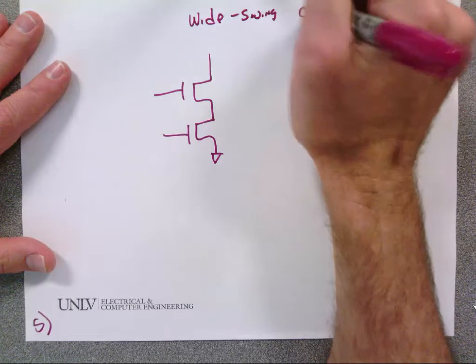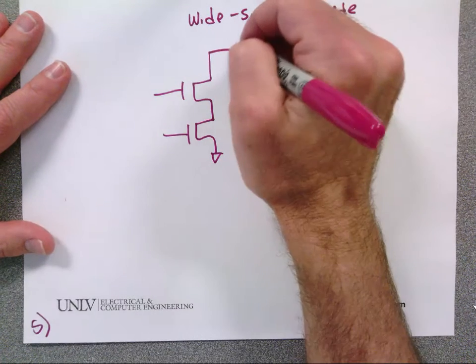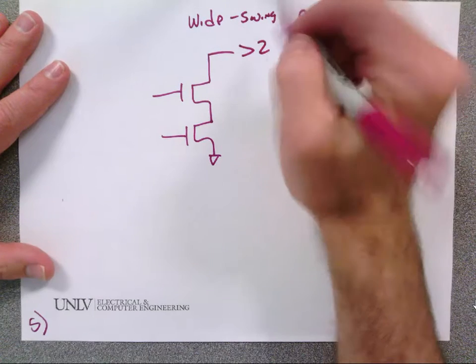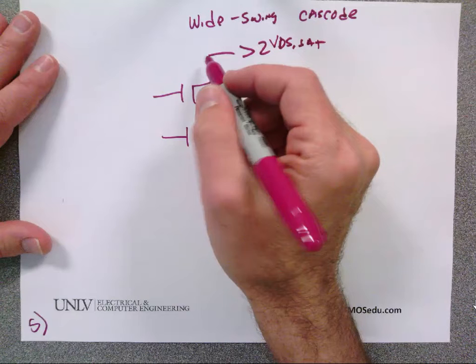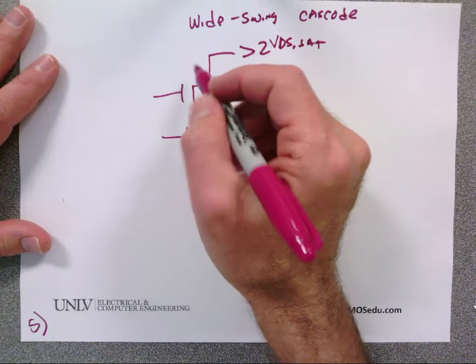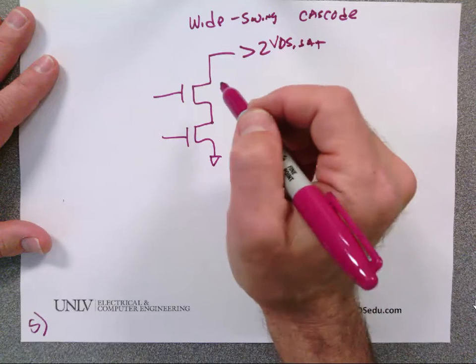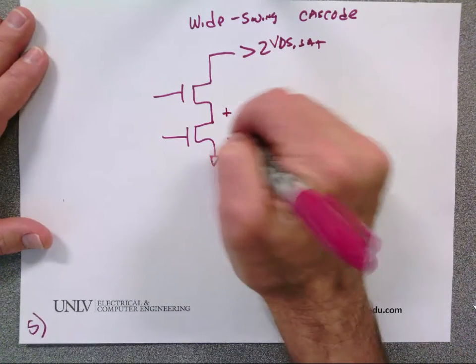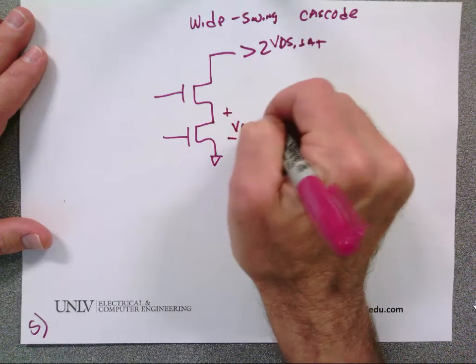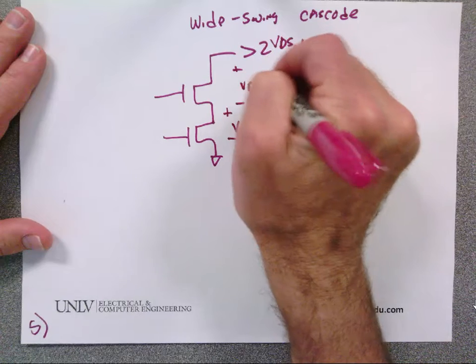Meaning I can go all the way to this voltage has to be greater than 2 VDS sat. If I don't connect this anywhere, it doesn't provide any current, right? I don't have the faucet on, I don't have any water going in my drain. Does everybody follow that? Okay, so what are the voltages I want? I want this to be VDS sat, and I want this to be VDS sat. And I know this one